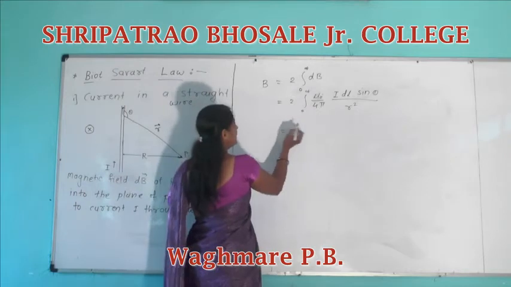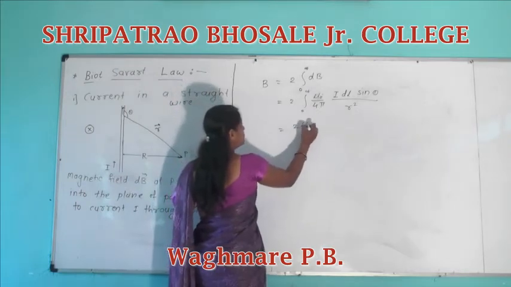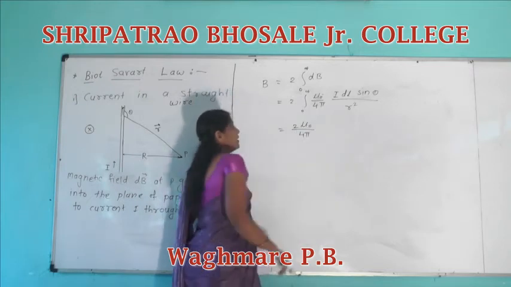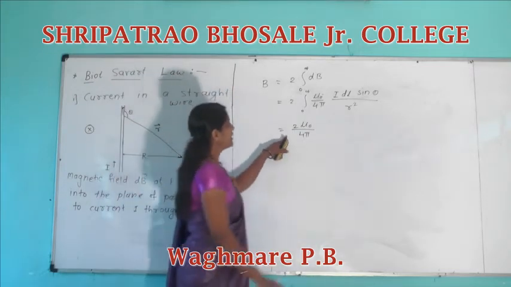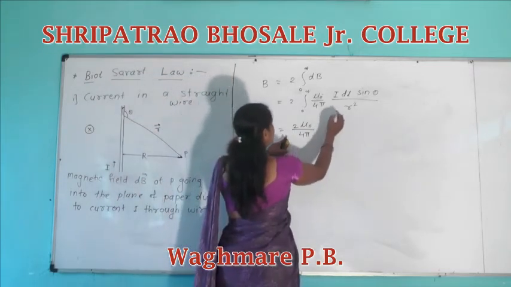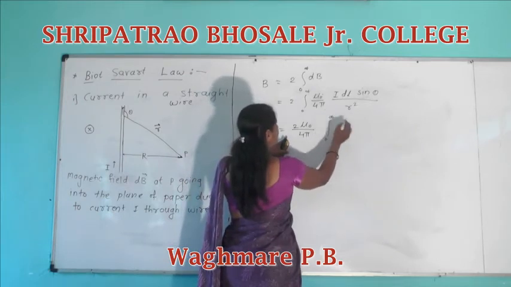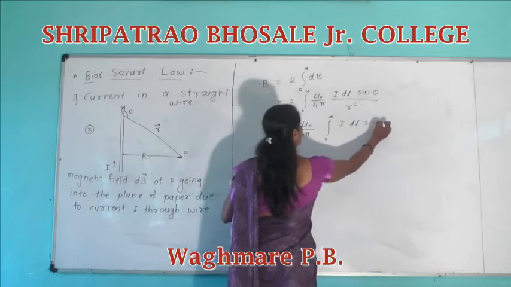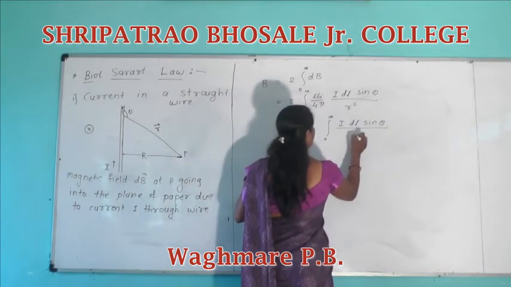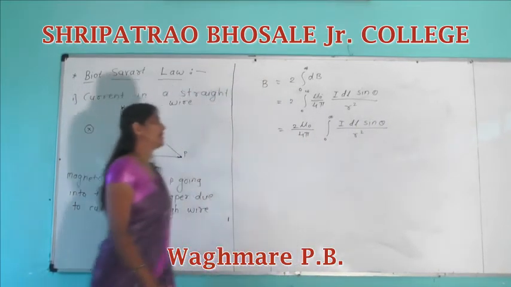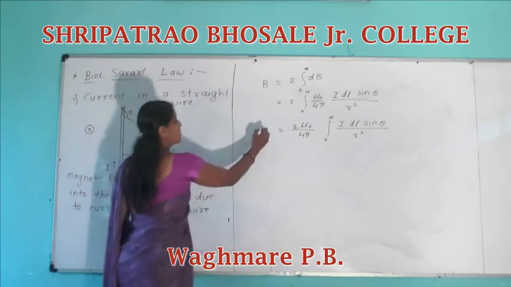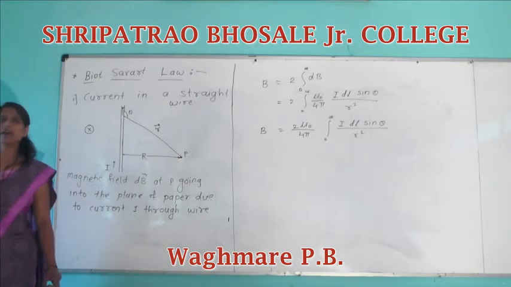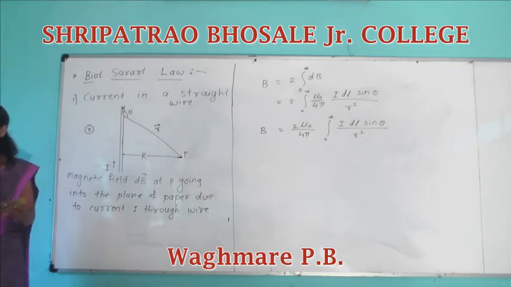We can take mu naught upon 4 pi outside the integration. Then we will get I dl sin theta upon r square. The total magnetic field B is equal to mu naught upon 4 pi